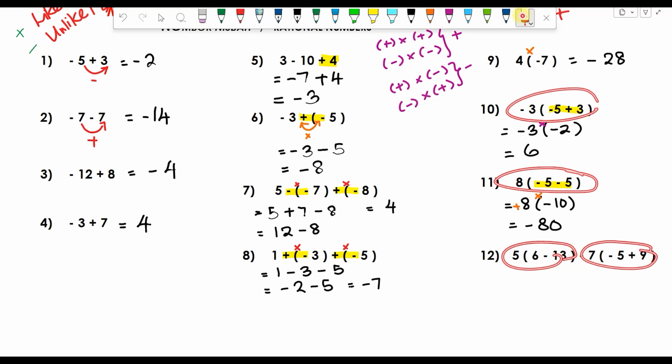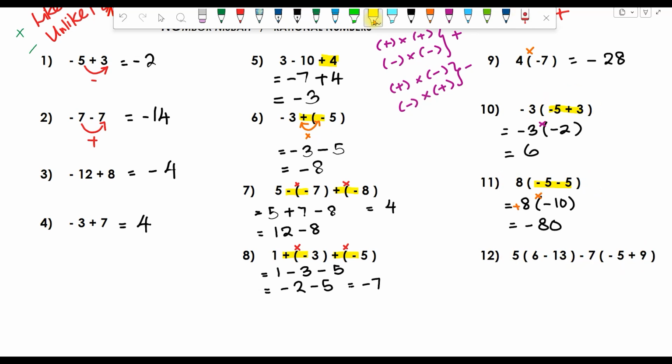double question here. Okay, so tak apa, kita buat dulu apa yang ada dalam kurungan, selesai dulu ya. Yang ini dengan ni. Okay, so yang lain semua tulis balik semula. 5 tu tulis balik semula. Sekarang dalam kurungan mesti tulis jawapan. So this is a positive 6. This is a negative 13. So kena tolak, betul tak? So 13 tolak 6 dapat berapa? 13 tolak 6 dapat 7. And then the jawapan mesti negative 7. Kenapa negative 7? Because 13 is bigger and 13 is a negative. So the answer must be a negative.